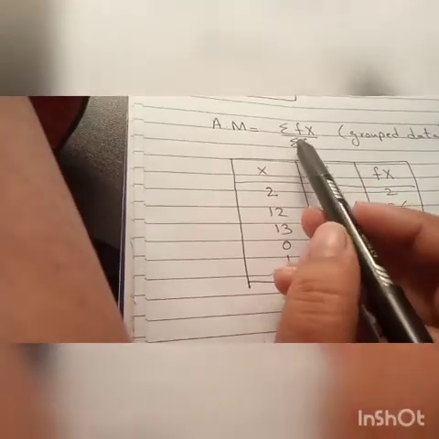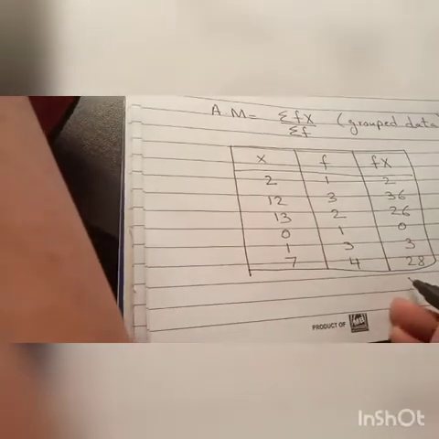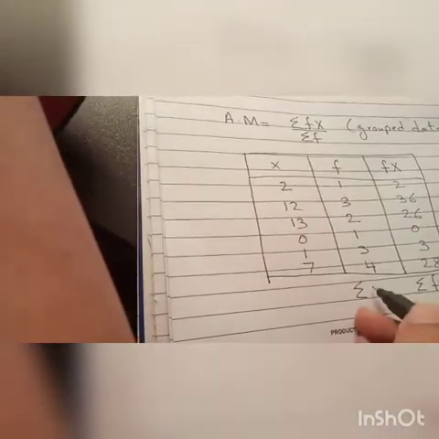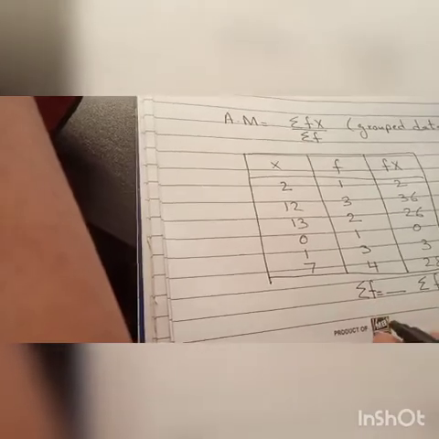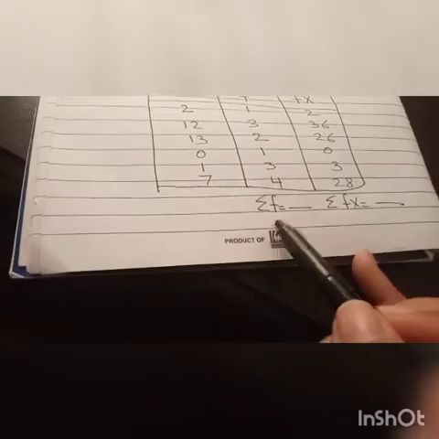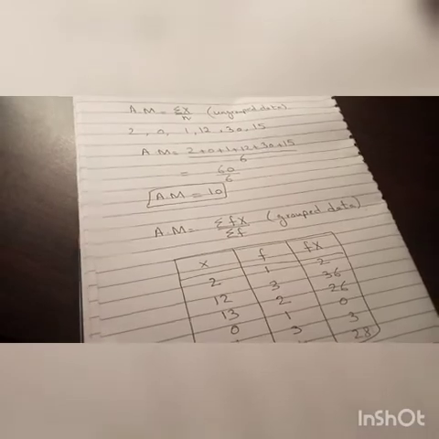Now according to the formula you need the sum of fx. So here you will calculate the sum of fx, adding up all of them. Then secondly you need the sum of f. At the end of this column you will add all of these values, and you will get another value. Now using these two values you will easily calculate arithmetic mean. Whatever the value is, divide this value by this one and you will get the arithmetic mean for group data. I hope arithmetic mean is clear for both ungrouped and group data.